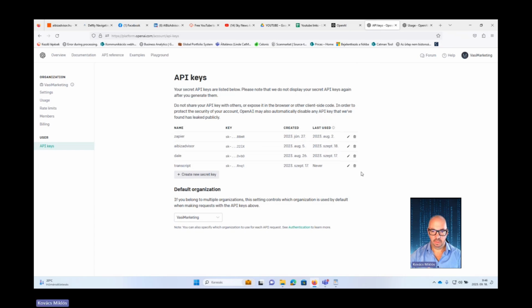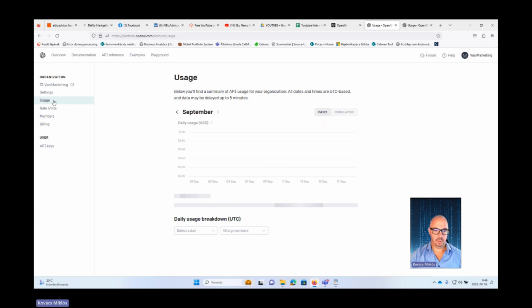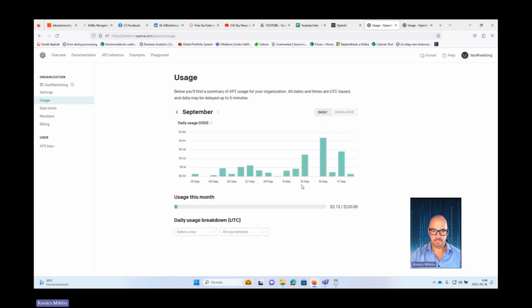As I told you, in the case of the ChatGPT Plus, ChatGPT 4 subscription, there is a regular monthly fee. In the case of this API subscription, it's based on usage. It really depends on the volume you require from ChatGPT.